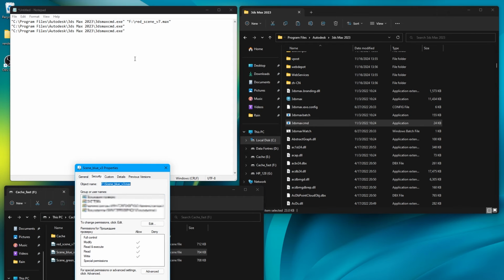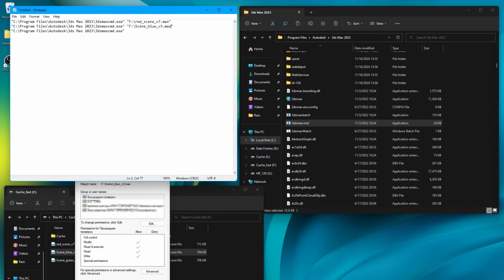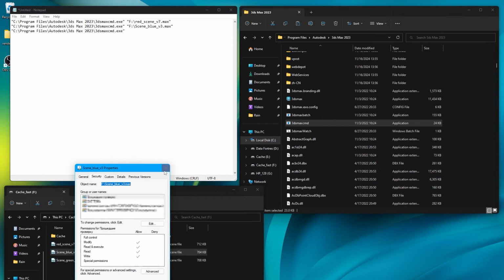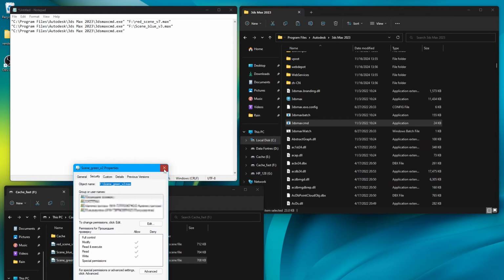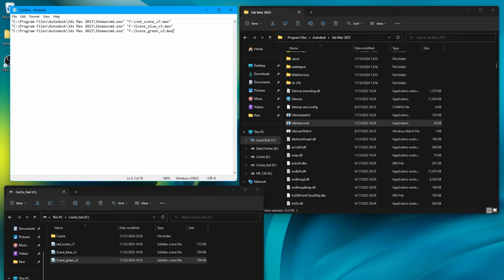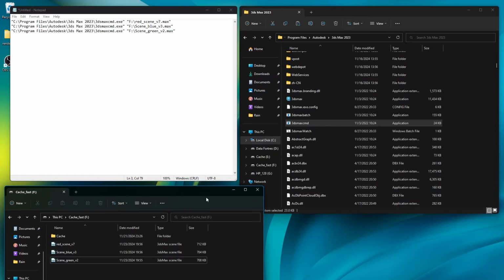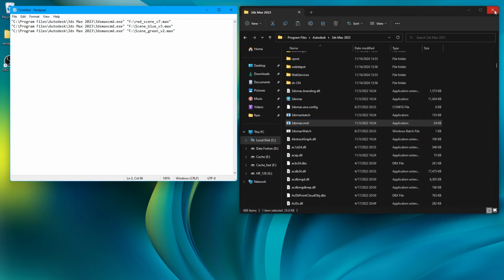Go to properties, security tab, copy. Don't forget about the quotation marks and the space between, otherwise the system will not work. Okay, now we have these three lines, and this is gonna be our render queue. So the first line, the red scene, will be the first one to render. And if you are not sure that you will have enough time to render all of them, just put in the first line the most important scene that you want to see